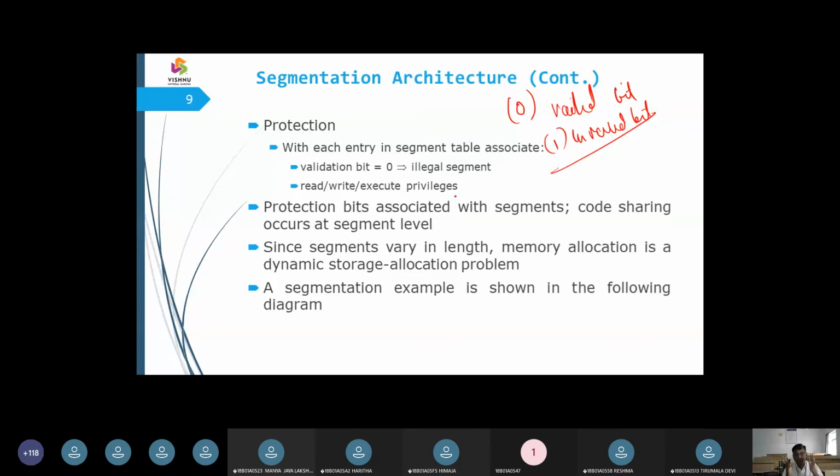When I have a valid bit, that means the data is in use. The read and write operations can be executed, so we can execute the set of privileges, and that segment is accessible to all. If such is the case and the data is genuine, the disk blocks we are going to use don't have any ambiguity, so the data is protected from external references.